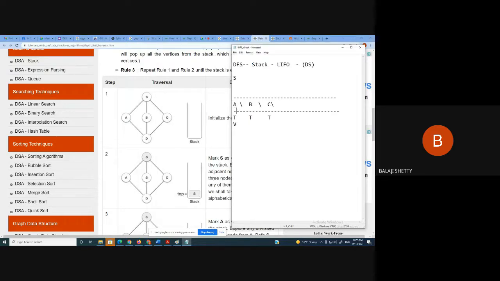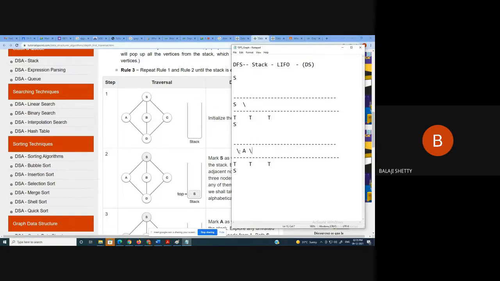So initially S is pushed onto the stack, visited equal to true, and S is popped and printed. Okay. Next, which is adjacent of S? Adjacent of S is A. Push it onto the stack.